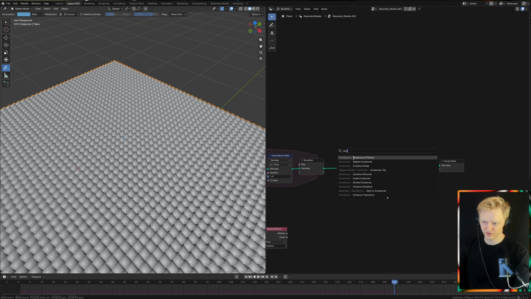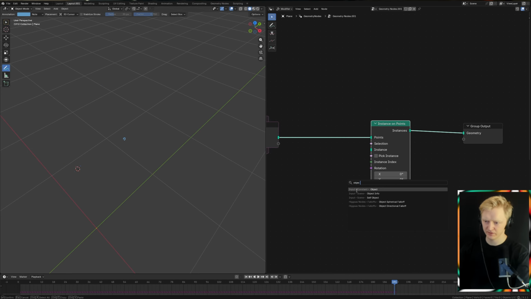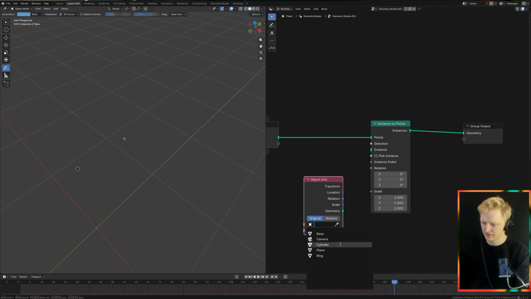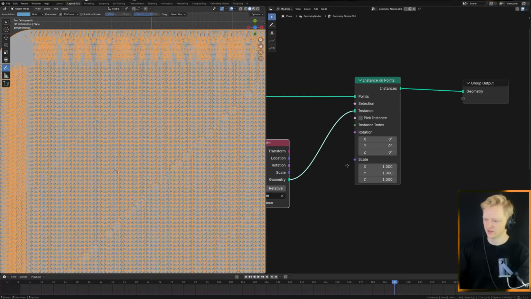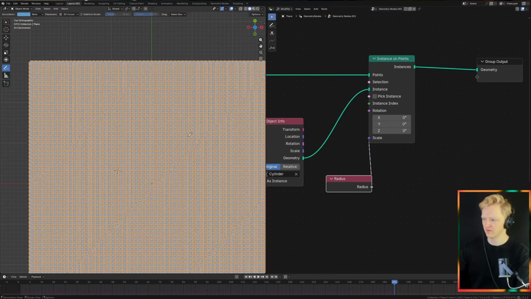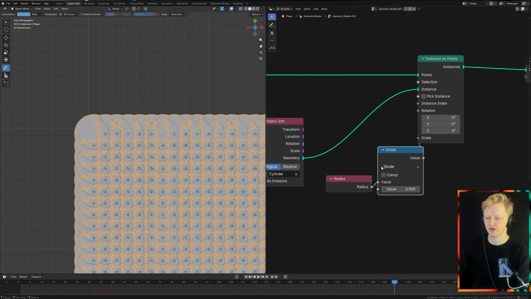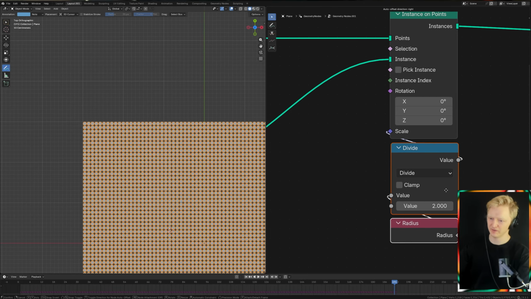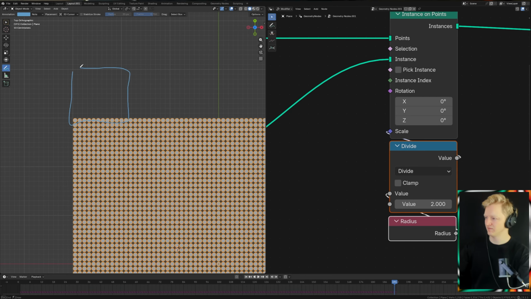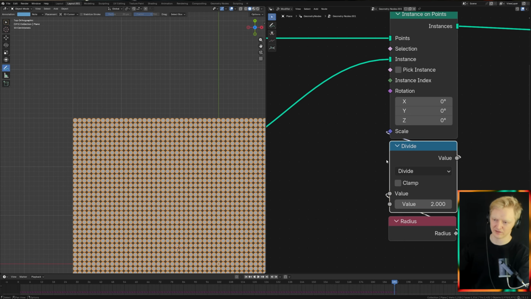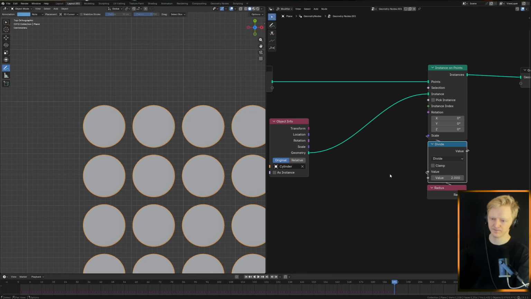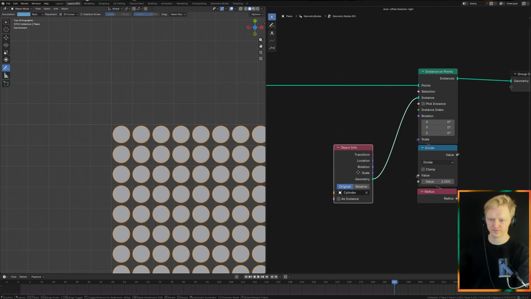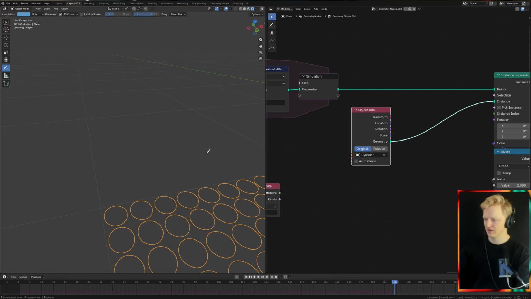We're going to instance on points and use object info. We are not going to use collection. We're going to use object info and select our, I think it's cylinder, right? Yes, and make it a lot smaller. How small? Radius, this small, divided by 2. If you made it 1 by 1 and not 2 by 2 like me, then you don't have to divide by 2. Make sure it's a grid with some space, because we made those cylinders a little smaller. We're going to add the rest a little later. It is a few steps process. If we preview it,